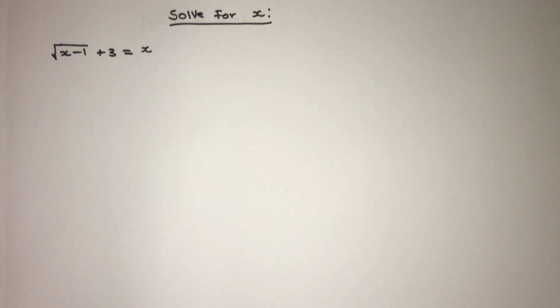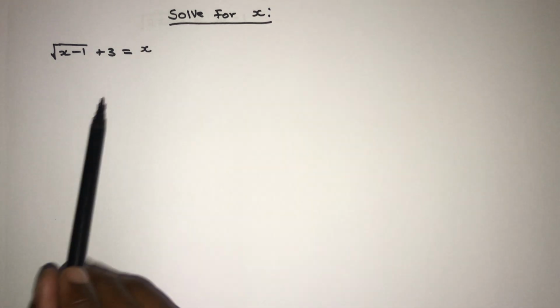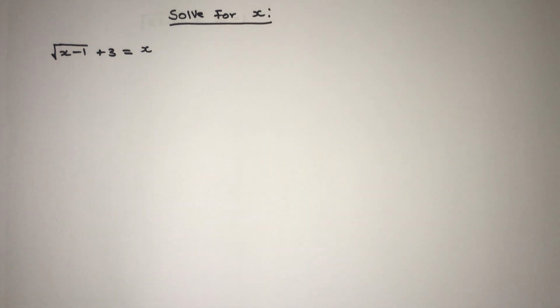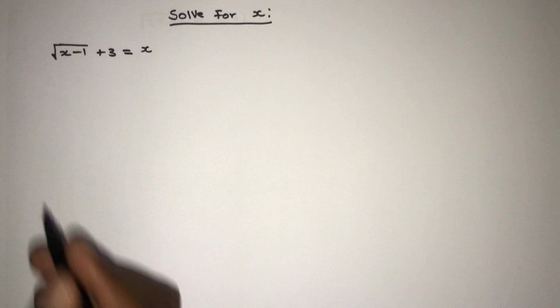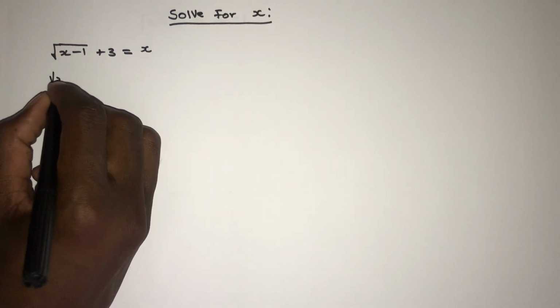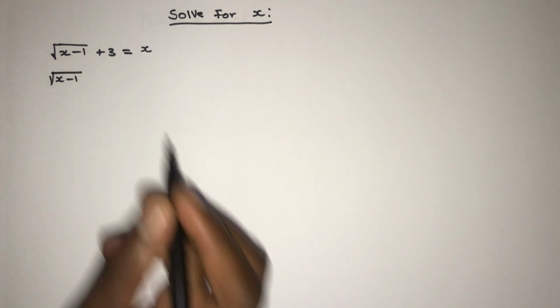Let's try to solve for x. The equation is the square root of x minus 1, plus 3, is equal to x. Before you can start doing your problem, first check the number that is not under a root. You take it to the other side. So step 1, we copy the square root of x minus 1 is equal to